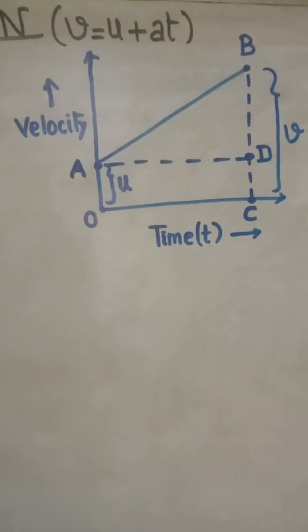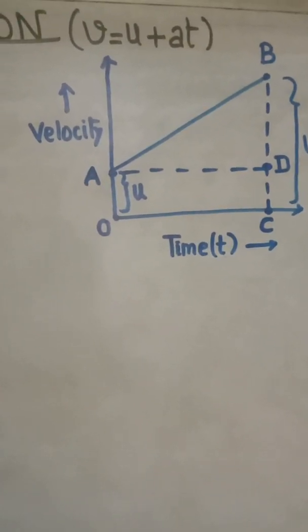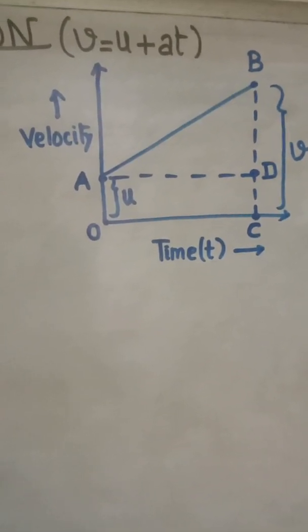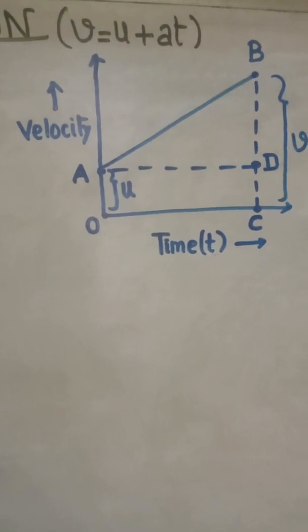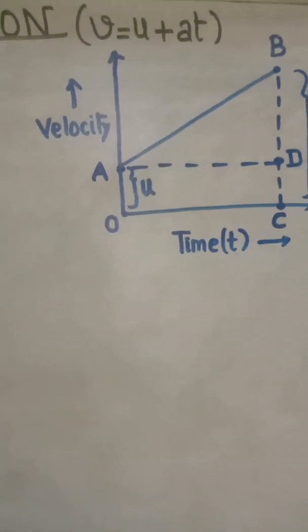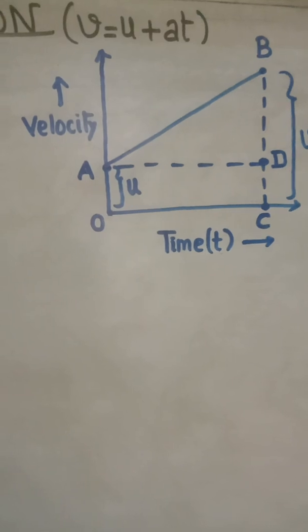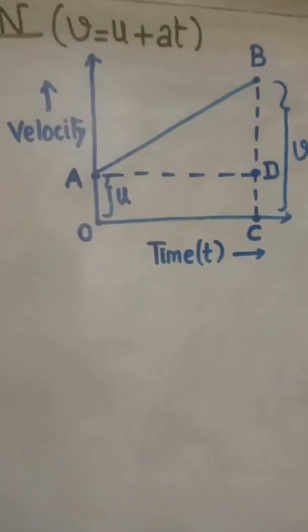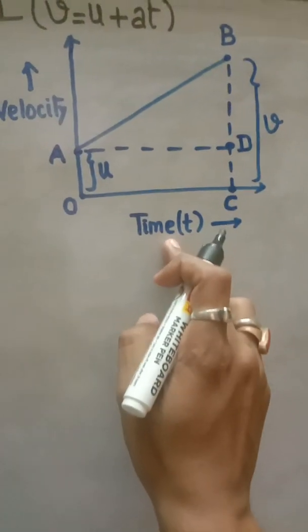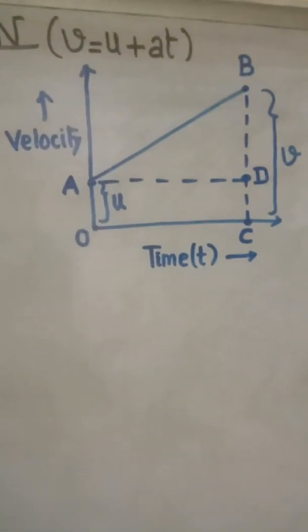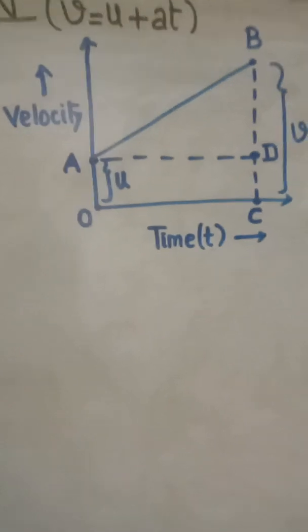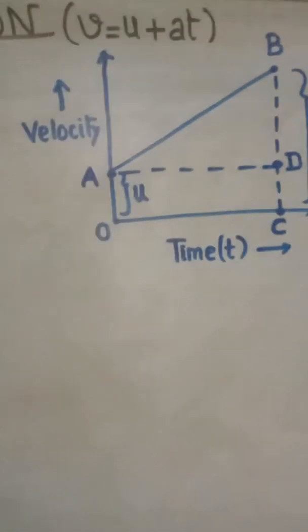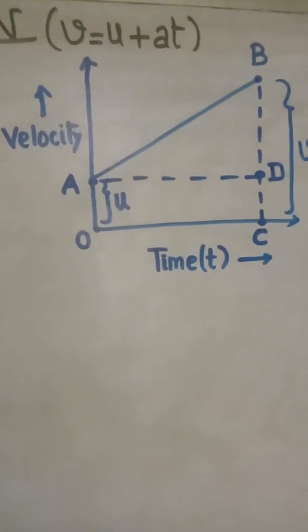Now, as we move across this, what are you going to observe? Very important is this graph. If you understand the graph, the rest of the things will be very easy. This graph is a velocity time graph. Time will be on the x-axis, velocity will be on the y-axis. The origin is mentioned at point O.